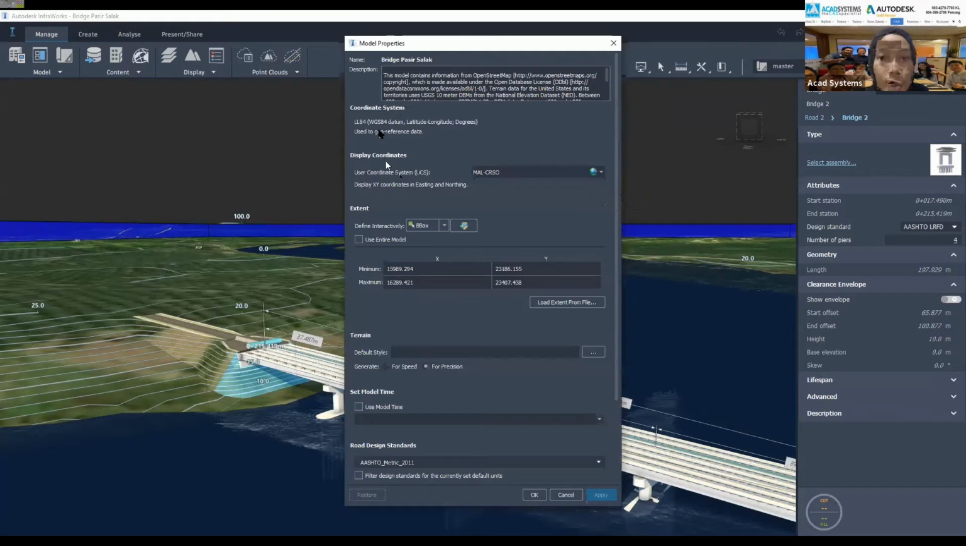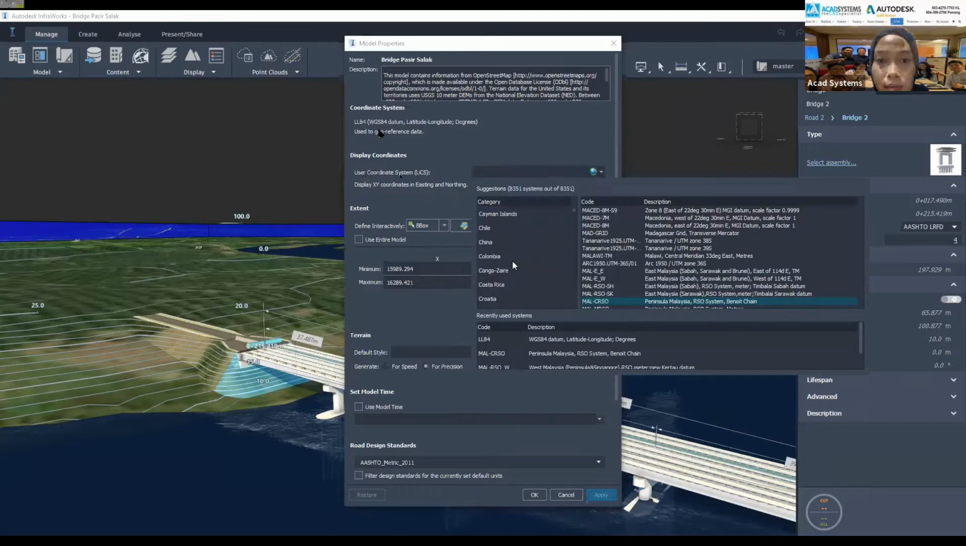So basically, initially, I am using this LL84. LL84 is the coordinate that is generated automatically. So we need to change the UCS over here. So I click on this button, and then let's find Malaysia, because currently this one is in Pasir Salak. So let's just use Malaysia,